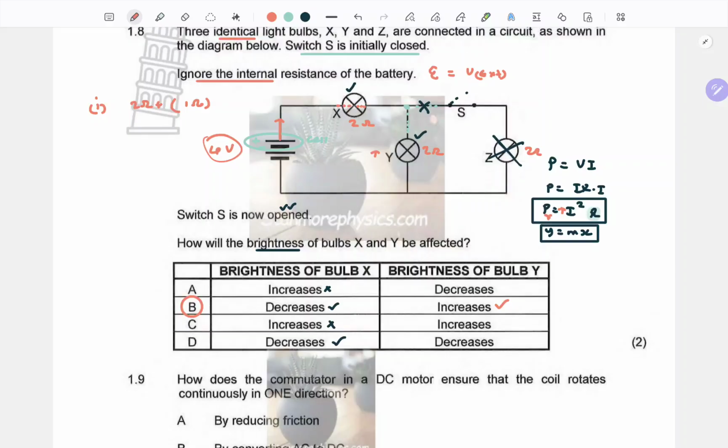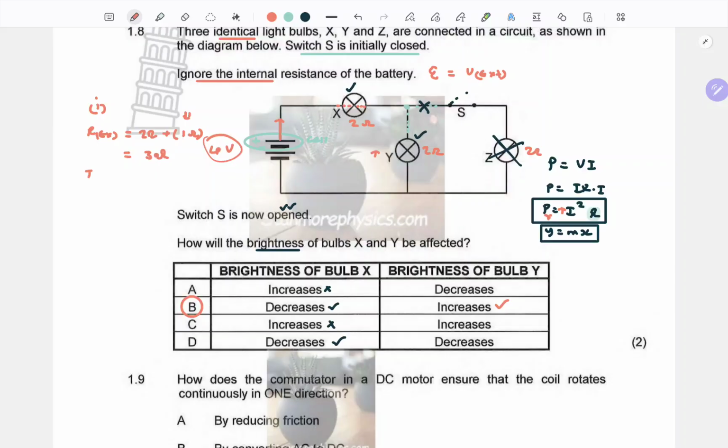Now folks, you need to work it out by yourselves. So this is essentially going to be R external. Maybe let me be more systematic. So we know that R external here is going to be, first this one in series is going to be 2 ohms plus the effective parallel resistance. So this one is going to be just 1 ohm. Now, how you work out R parallel, you have to think about it yourselves. These things need you to know how to work fast. So the effective external resistance is 3 ohms.